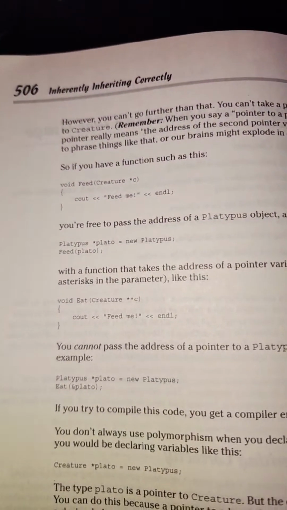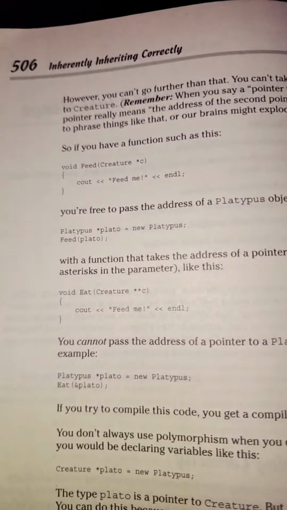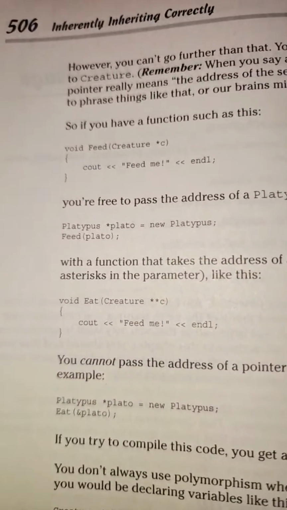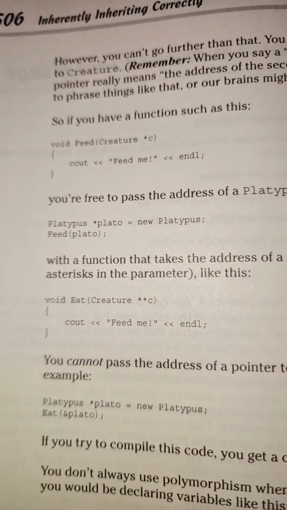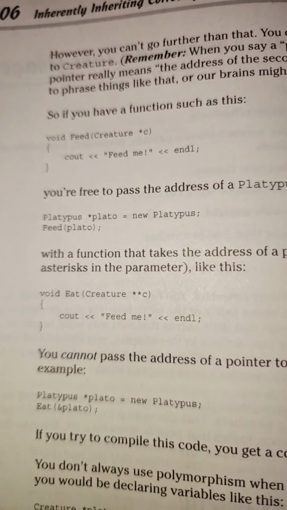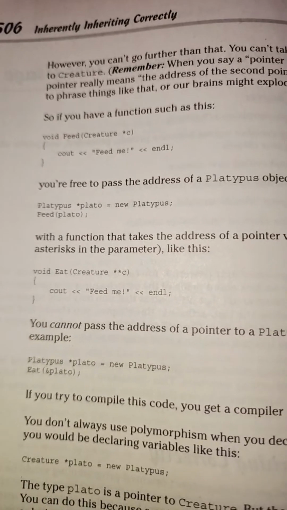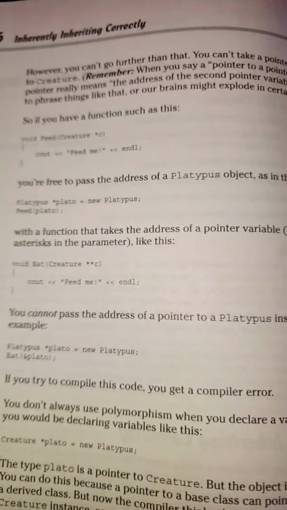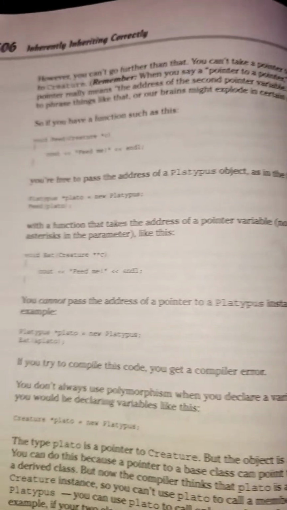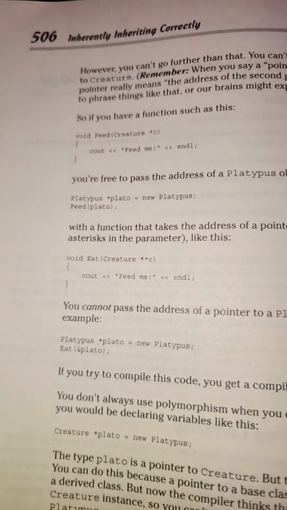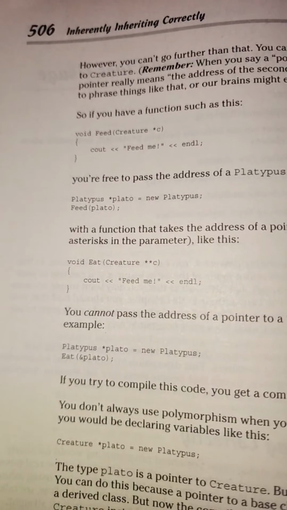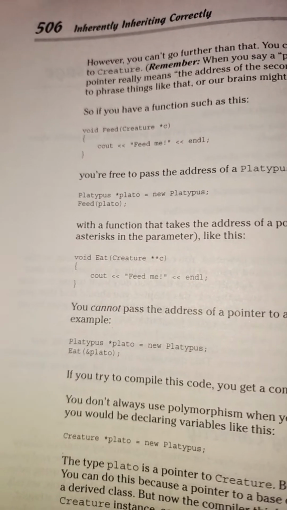So, if you have a function such as this, void feed(creature* c) { cout << "feed me"; } inline, you're free to pass the address of a platypus object as in the following. Platypus* plato = new platypus; feed(plato);